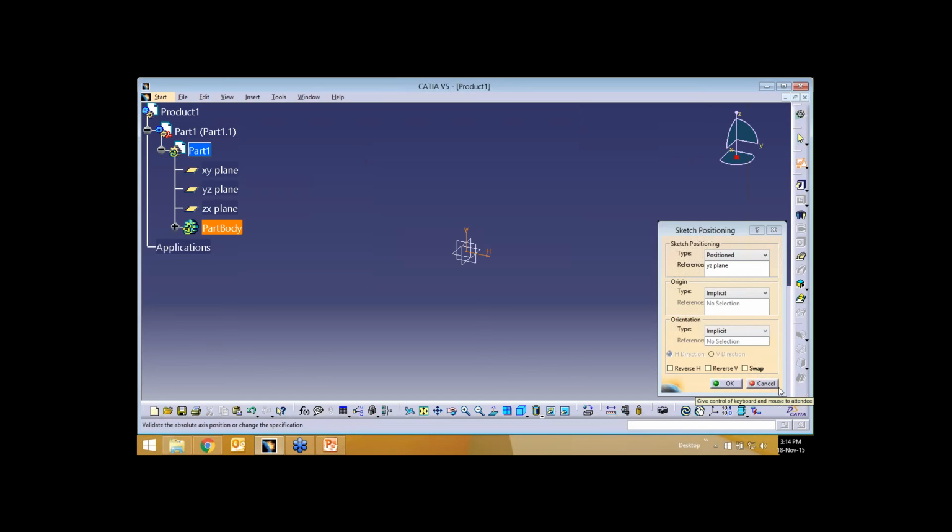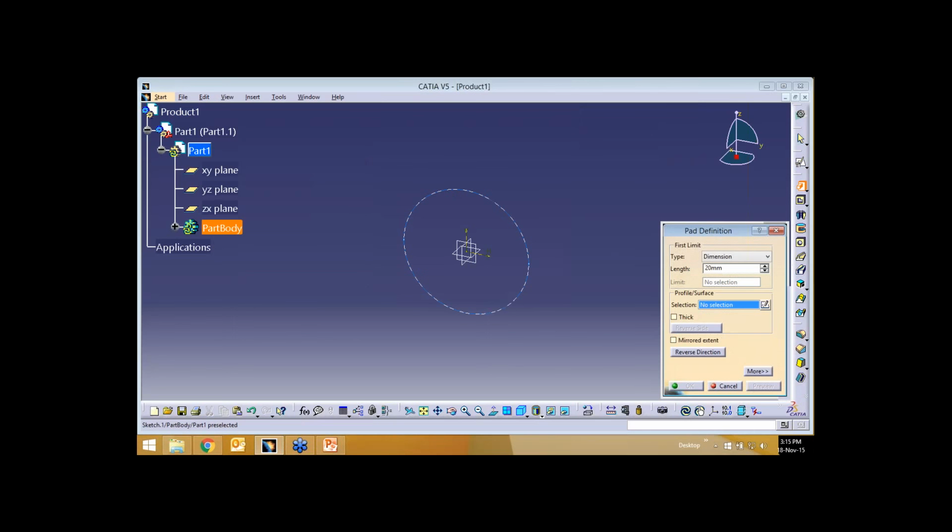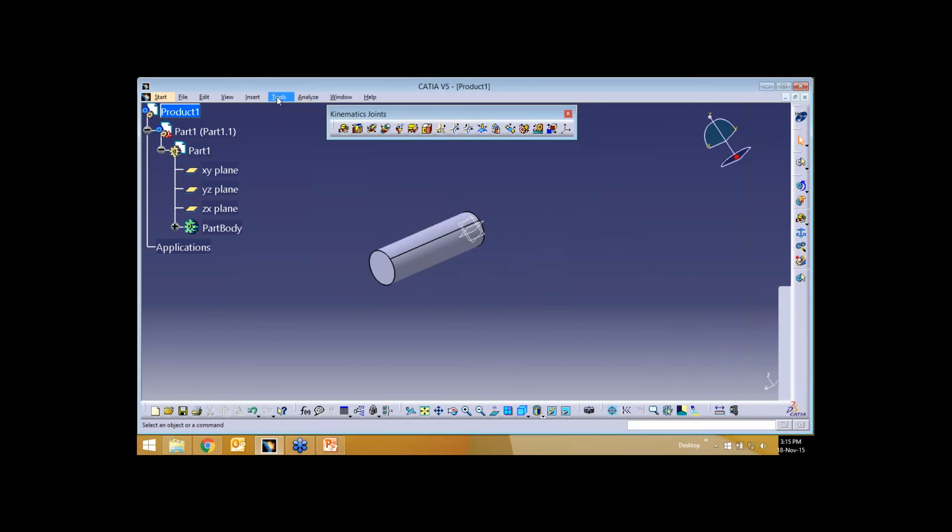I'll say 50 mm. So I've created a shaft here, and I'll go again to the product in the kinematic workbench. I'll go for Insert, New Product. So in this second part, I'll just create a gear inside this.